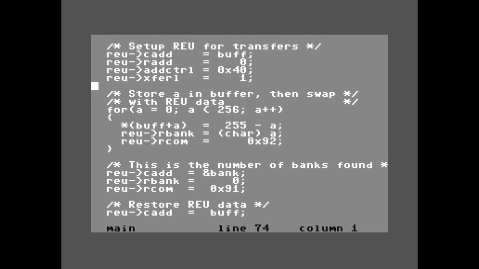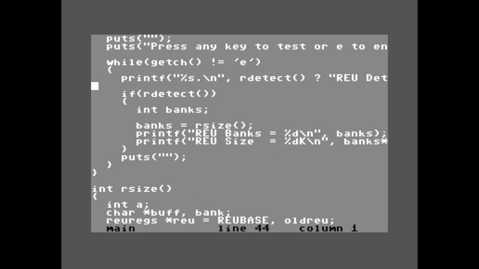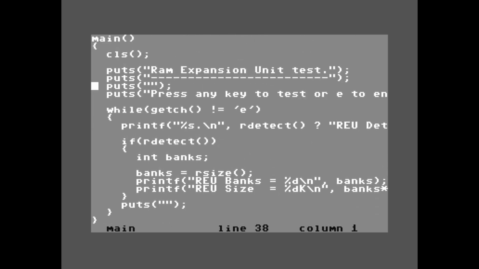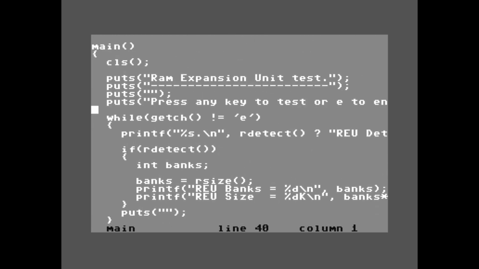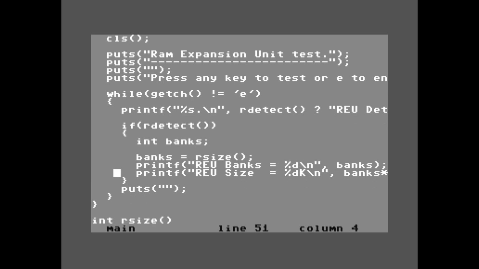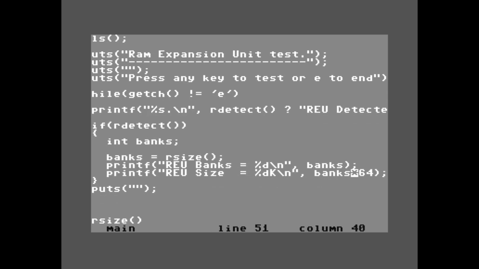Alright, so let's go ahead and head up. Okay, so we scroll up to our main function, then we come back down, and we go to our printf functions in this while loop. So basically this is pretty simple. If you look at the if statement, we first check to see if there is a RAM expansion unit actually plugged into the Commodore with rdetect. If that returns a true, which is a non-zero number,